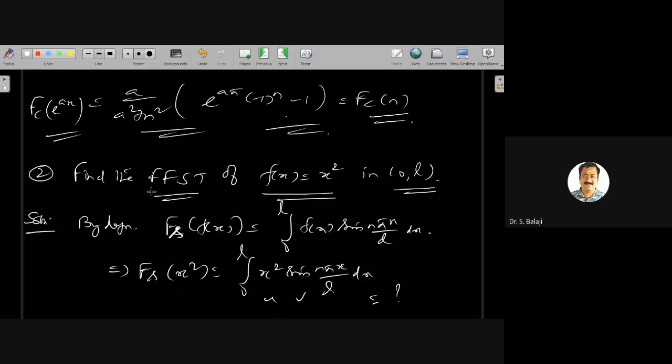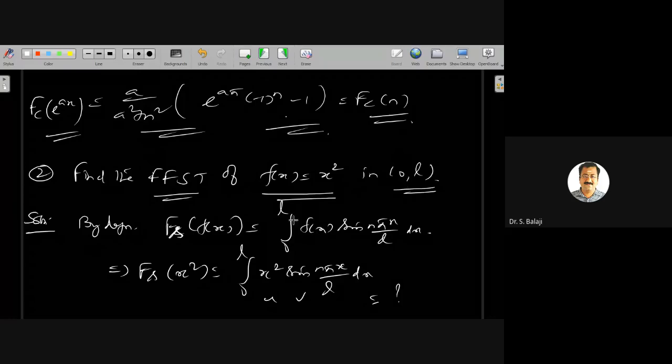Second problem. Find the finite Fourier sine transform of f of x equal to x square in the interval 0, L. They are asking for the finite Fourier sine transform. Therefore, by definition, the finite Fourier sine transform of f of x is equal to